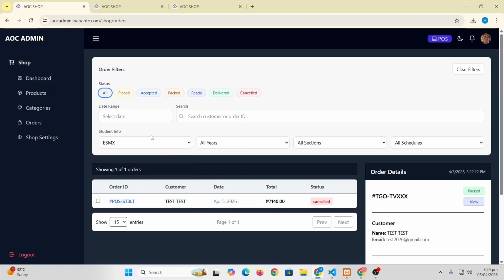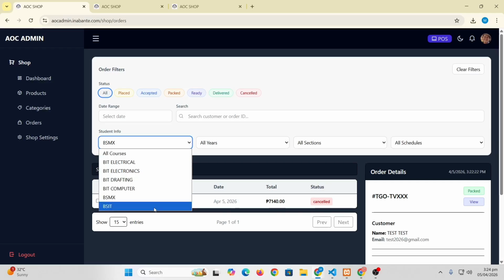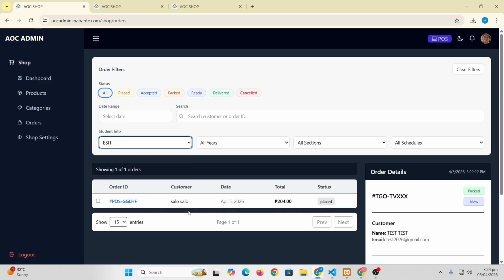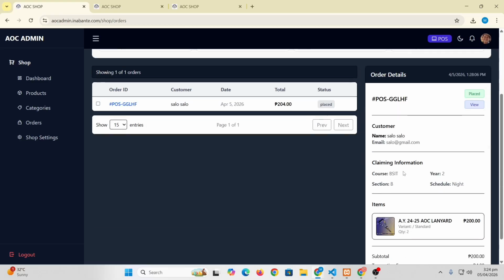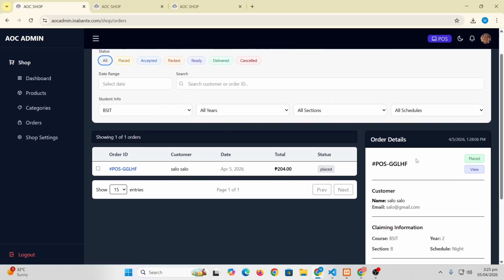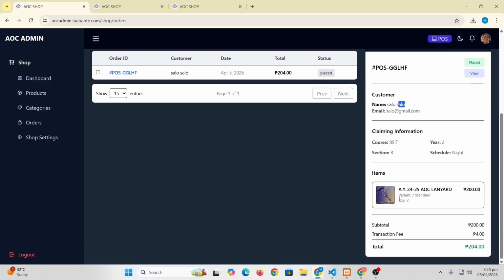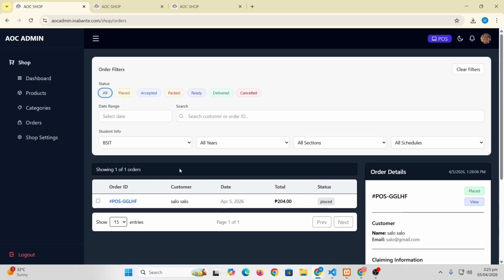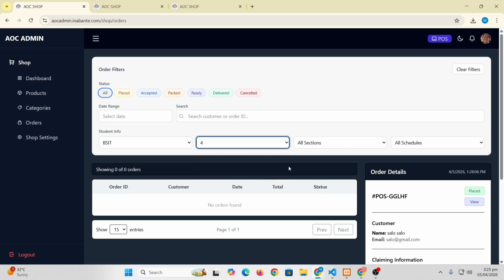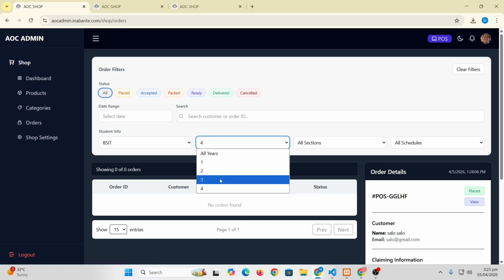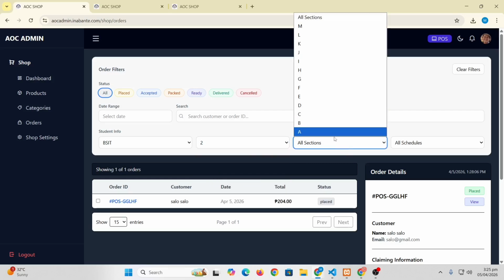So we have this one. And also for the BSIT, we also have this order. It's from the BSIT 2B Night from Salo Salo. So here is the order. You can easily navigate from which section you wanted to see their orders.